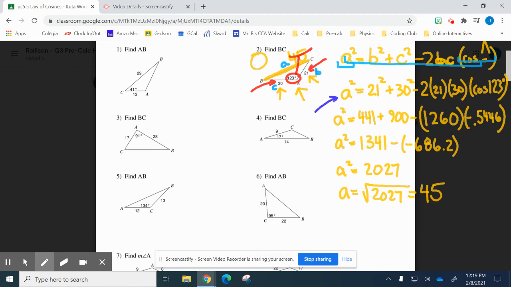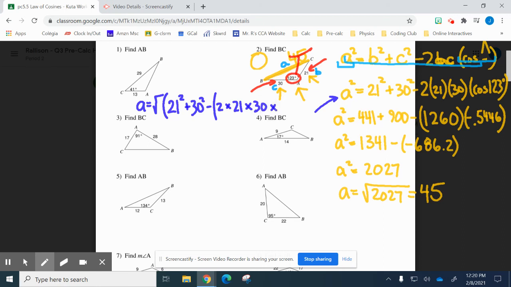So you can say that A equals, and then you put the square root sign, and then a parenthesis because everything has to be under the square root, right? And then you can put 21 squared plus 30 squared minus, and if I have a string of numbers, I like to put them all in a parenthesis because it helps me keep it clear. 2 times 21 times 30